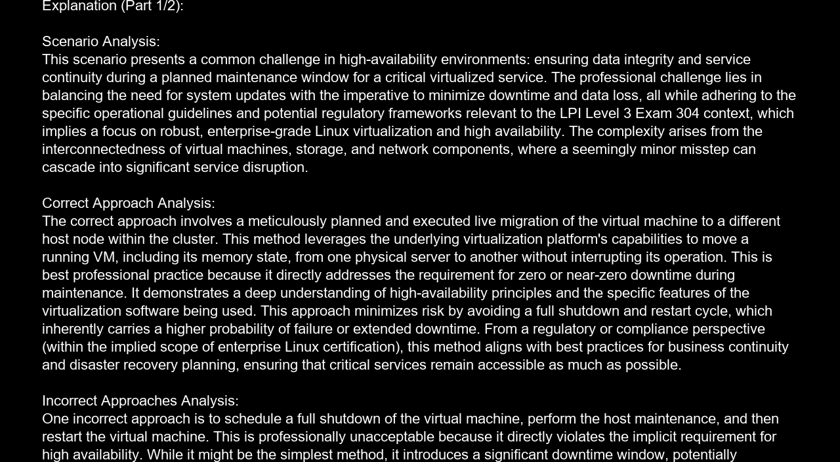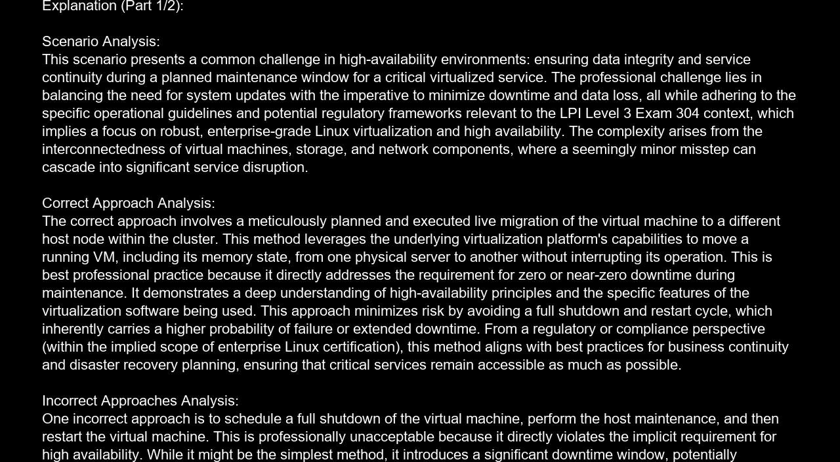Explanation. Scenario analysis. This scenario presents a common challenge in high-availability environments, ensuring data integrity and service continuity during a planned maintenance window for a critical virtualized service. The professional challenge lies in balancing the need for system updates with the imperative to minimize downtime and data loss, all